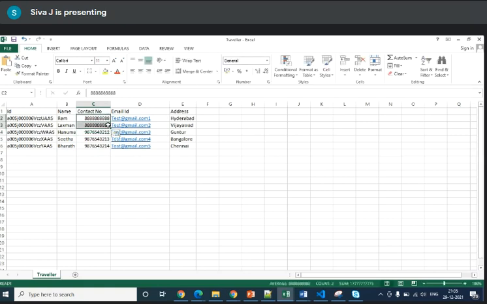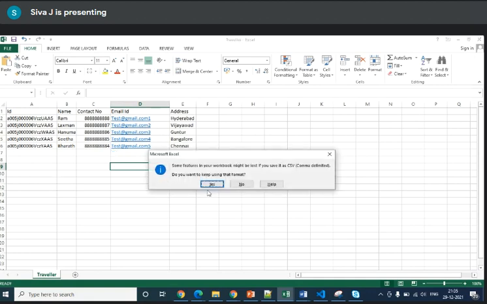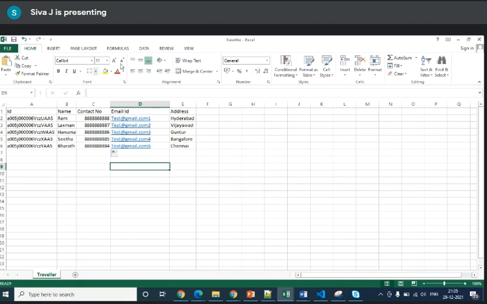Try to see the sequence. I am updating values like this. Let the other values stay as they are. I'm just updating the value. I'm trying to save the file. The file is Traveler Excel.